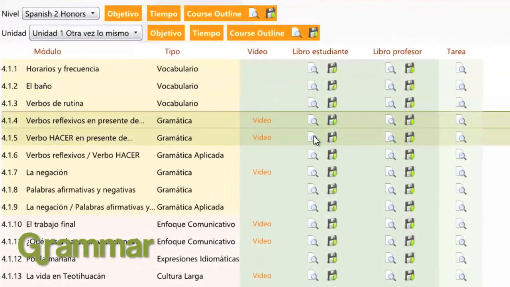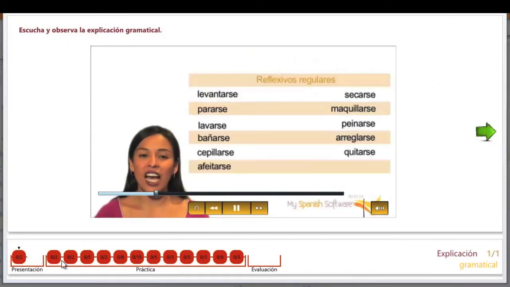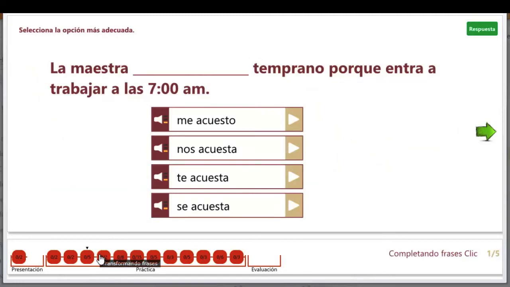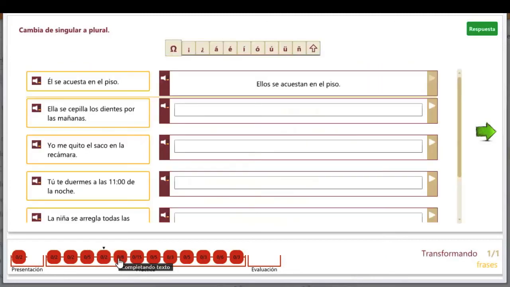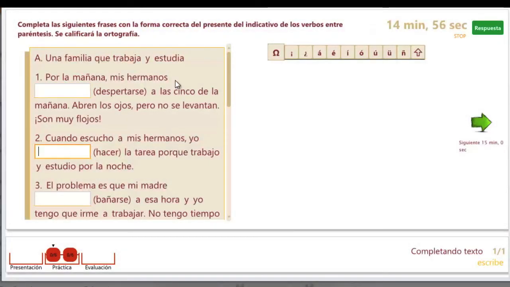We follow it immediately with as many grammar modules as the unit requires. The Applied Grammar module helps students to implement grammar in context.